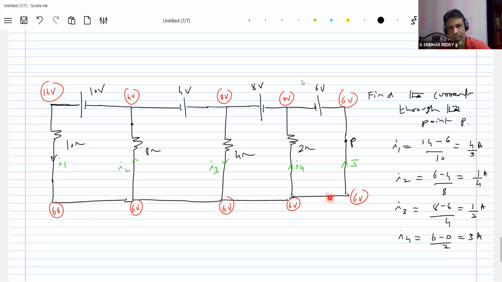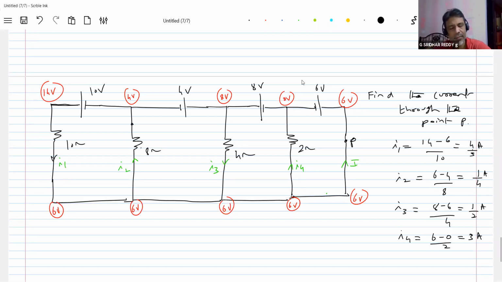And there's one wire, no? But you can ask questions. So here there's a junction. How can you make it 6 volt? There's a wire. Everything is a wire, no? Conducting wire. So all these points should be at the same potential. So therefore 6 volt. So we got the current.